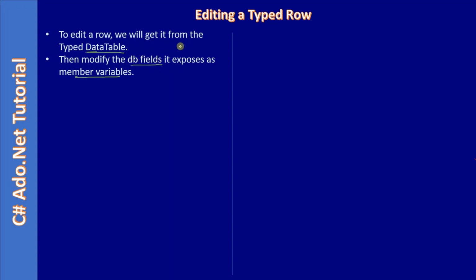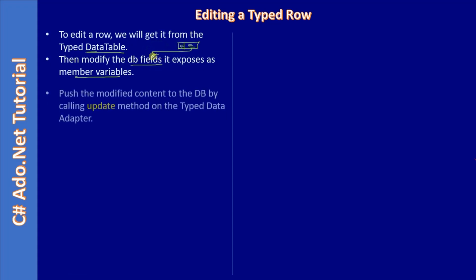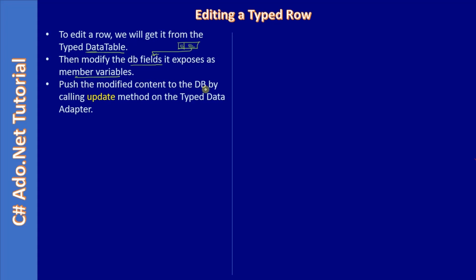So to modify, we already have the UI, right? Once you pick the list of IDs here, the DB fields will be displayed, or the UI will display the selected row's content. The user can modify the selected content. Then from here, we can update the DB field of the row. Push the modified content to the DB by calling the update method. Right. So in the insert flow,